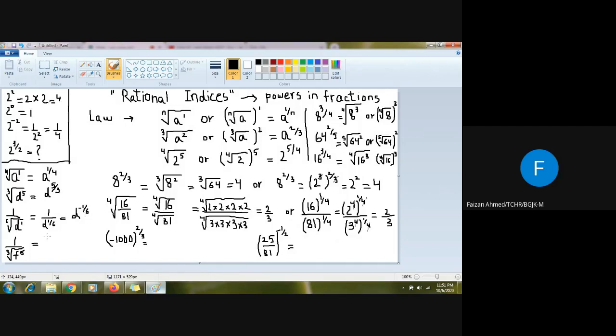Similarly, the last question again, I have to do it in 2 steps. First of all, I will convert this. I know that the power of f is 5, so this will be 5. And since there is a root index of 3, so 3 will come in the denominator, and then again I have to shift it in the numerator. So f will be as it is, and the sign of 5 upon 3 will be opposite. Since it is positive, so it will become negative. So these were just some questions in order to strengthen your concept.